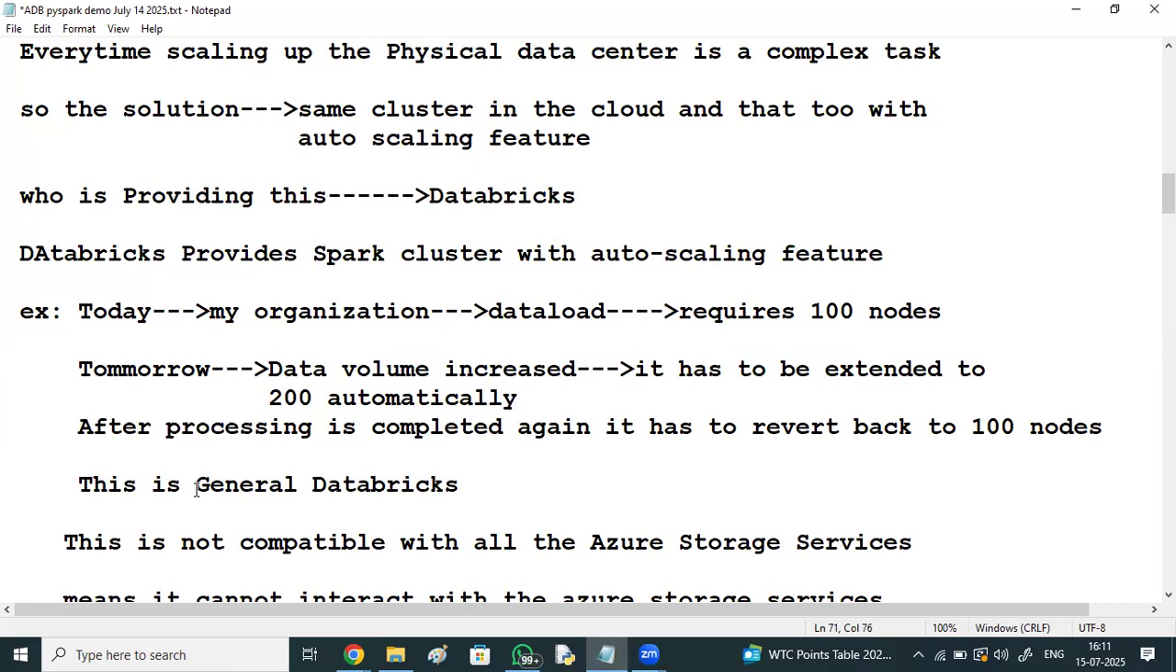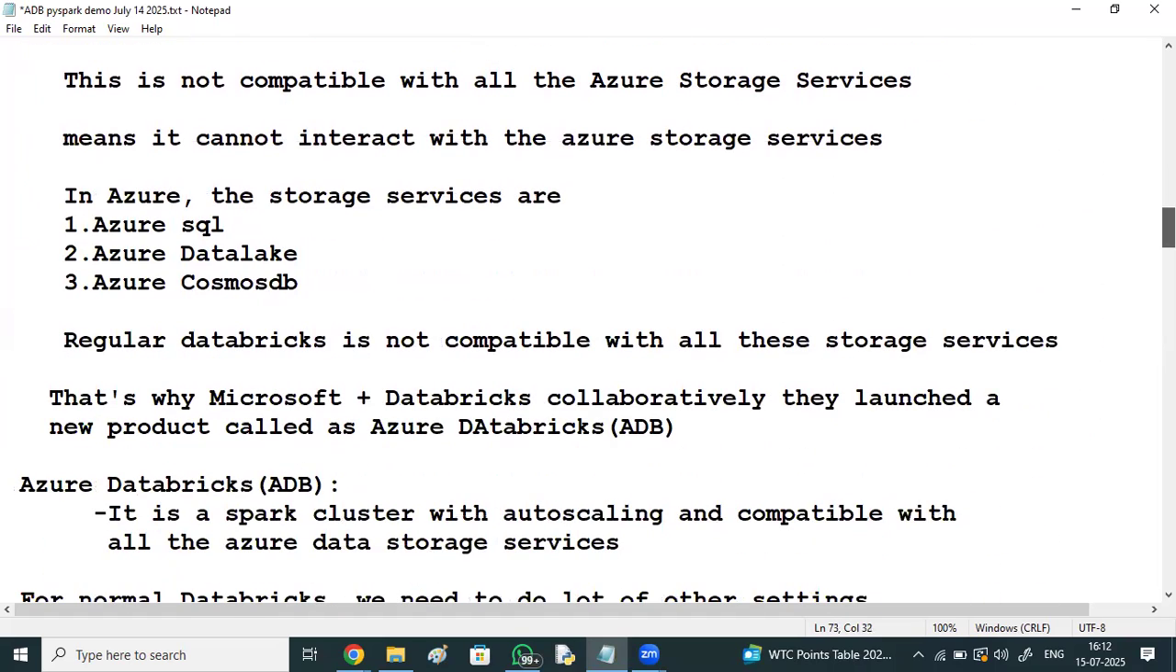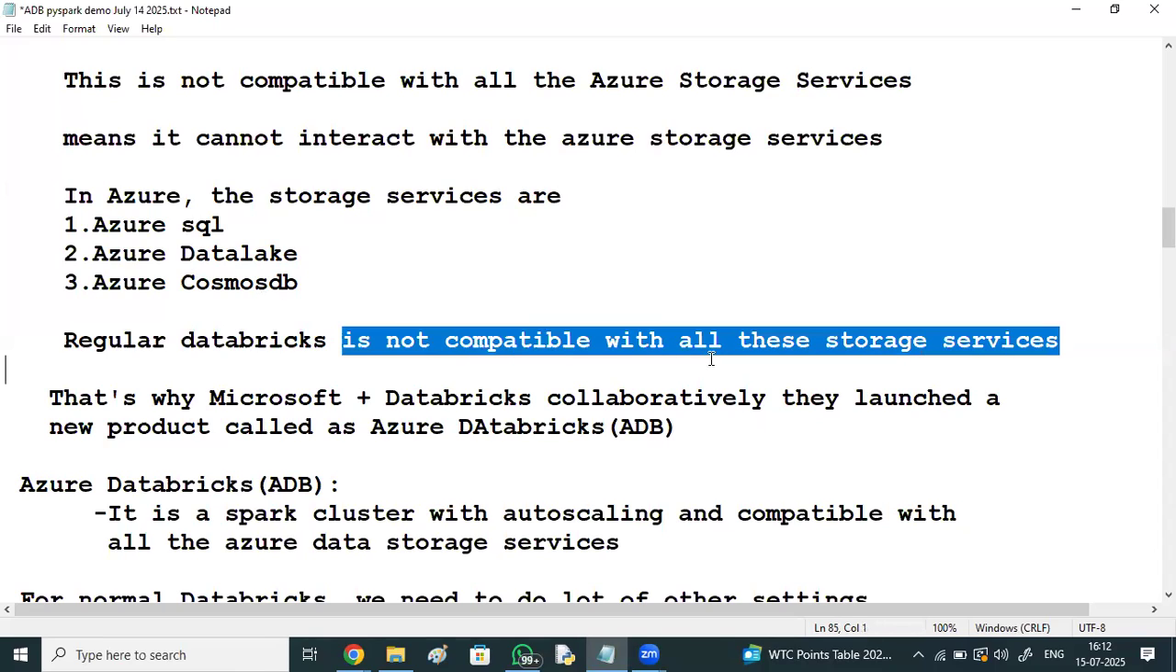This is general Databricks. This is not compatible with all the Azure storage services. It cannot interact with Azure storage services like Azure SQL, Azure Data Lake, and Azure Cosmos DB. Regular Databricks is not compatible. That's why